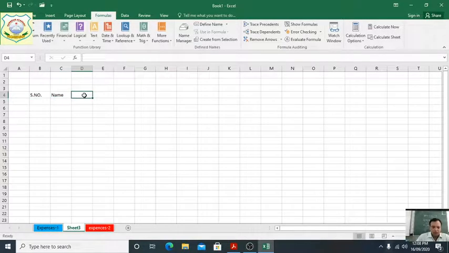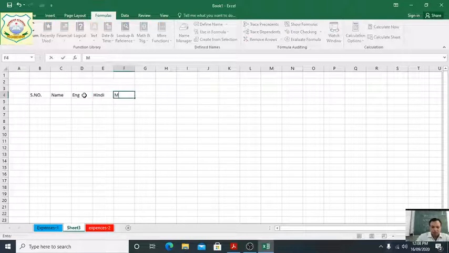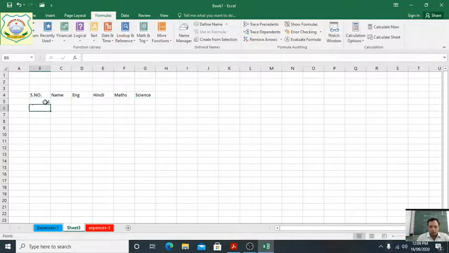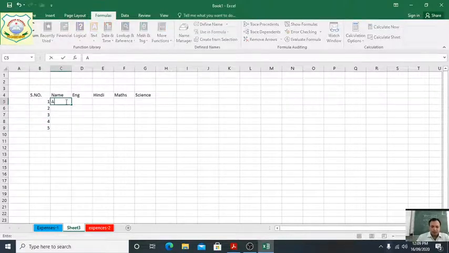Subjects we write: English, then Hindi, Maths, Science. Suppose we have taken 4 subjects. Serial numbers 1, 2, 3, 4, 5. Clear, students? Names we have taken A, B, C, D, and E.